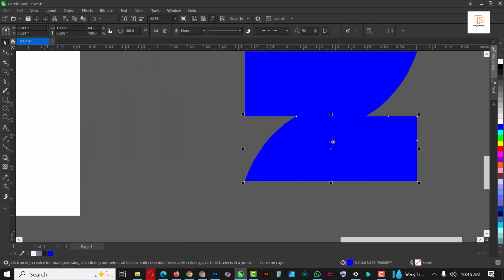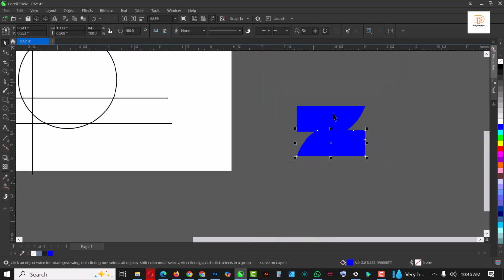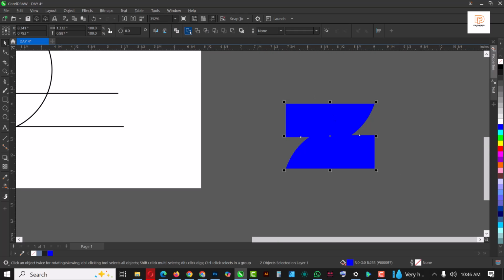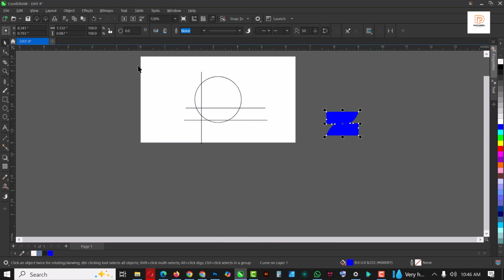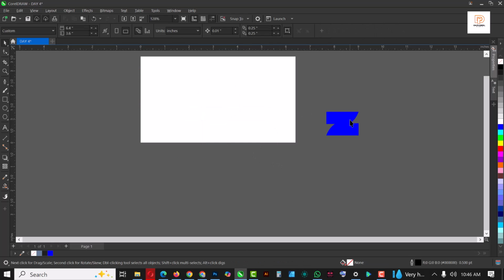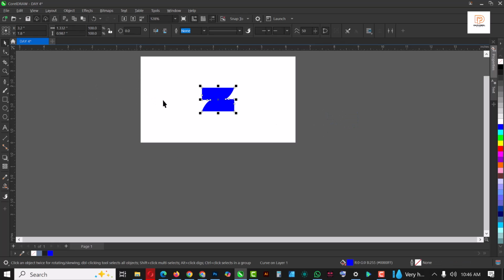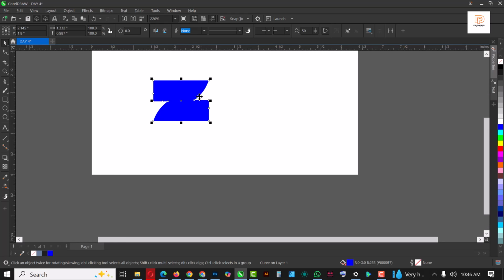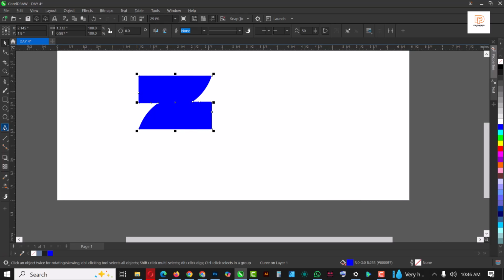Click on this and click on this to give you this. Move it closer a little bit, hold down Shift, select the two of them, and weld the two of them together like this. Okay? Click on this and you want to delete this. Click on this and click on P to center to page. Okay? So you have our nice Z